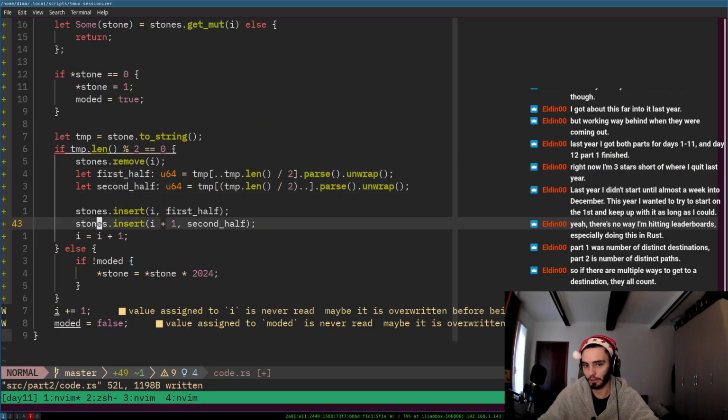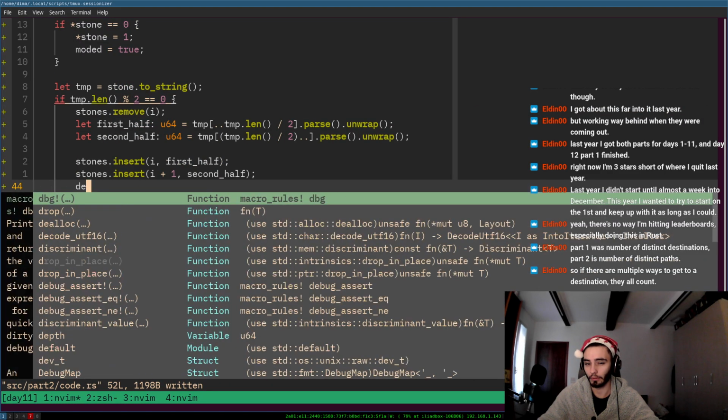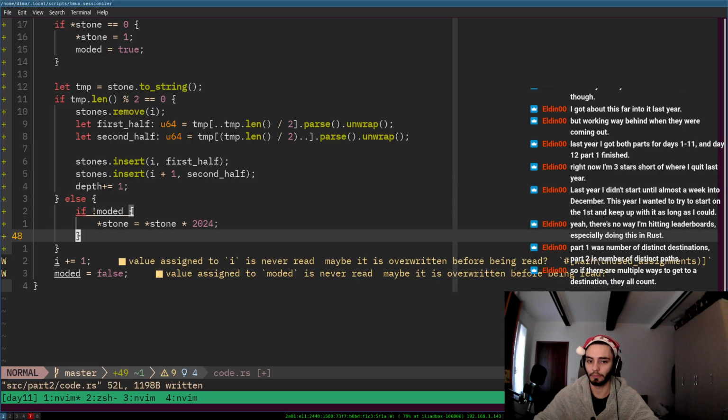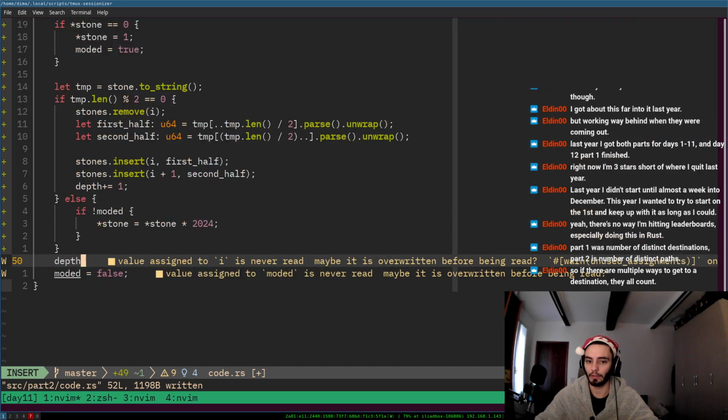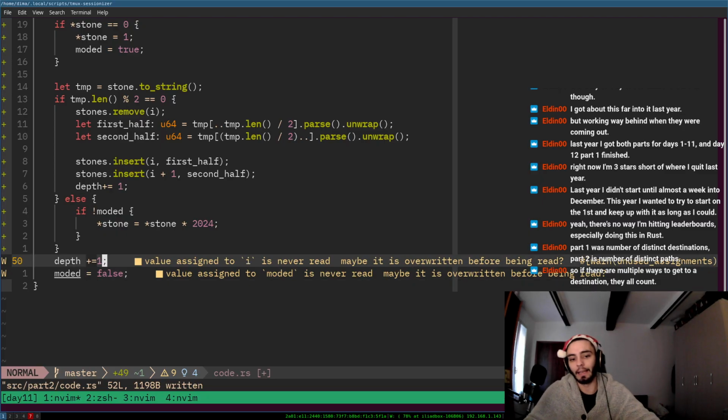Modded stays. This becomes depth plus plus, rather plus equal 1, depth plus equal 1. I should